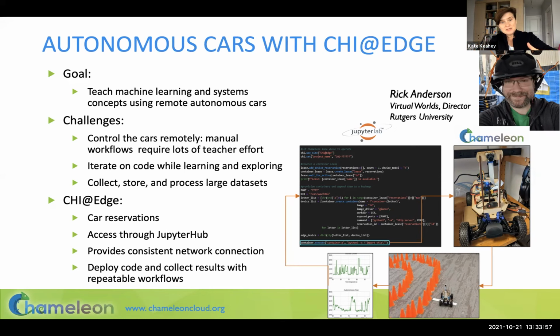What he did is he added those edge devices associated with the cars via the SDK to our edge testbed for restricted sharing with his users. And now our testbed provides the login for those users, provides the management of those users. It gives them an interface via Jupyter. Again, a big selling point with many people, it gives them a consistent network connection, and also gives them a connection